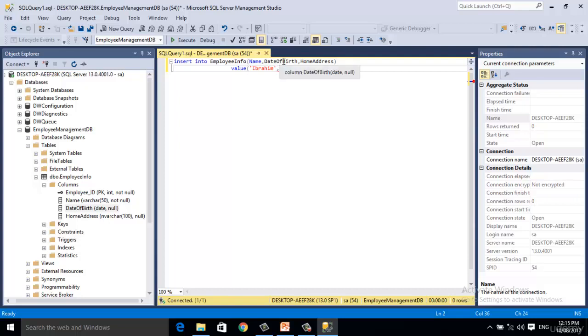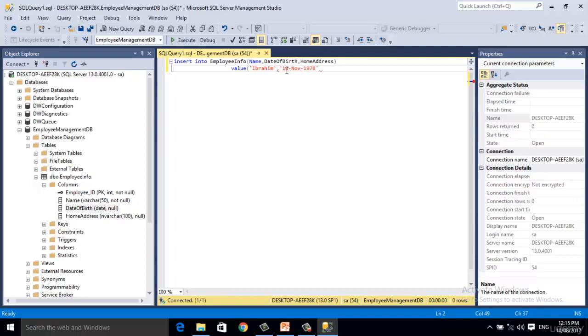Next column is date of birth. I have to define the date here. Again place a single quotation and write the date, which is 10 November 1978,